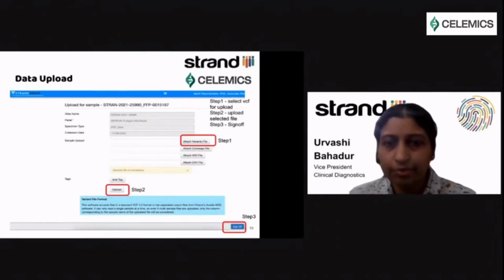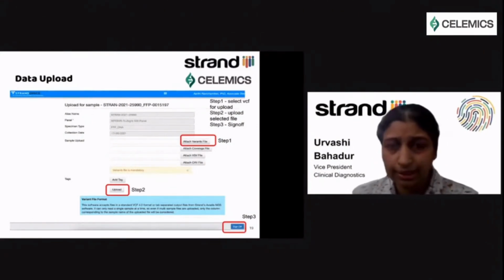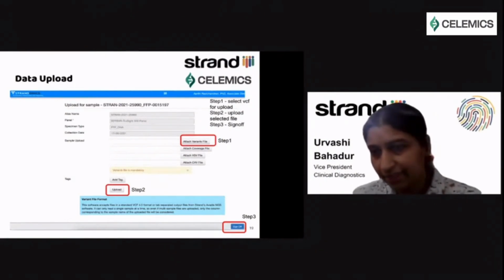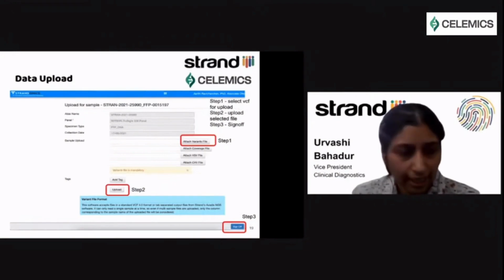And there are 3 easy steps for this. So, you'll be prompted on the data upload screen to attach the variant file, which is a VCF in a standard format that we accept. Then you upload it, and then you sign it off. So once you sign this off, this is done, and now the data is available to us for actually looking